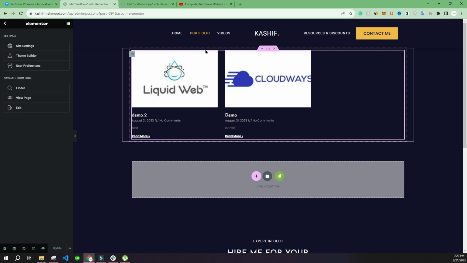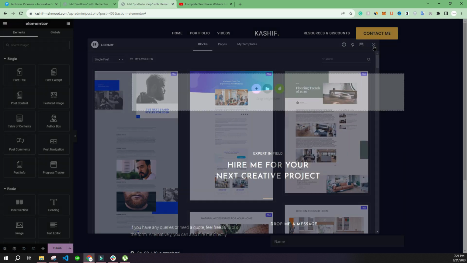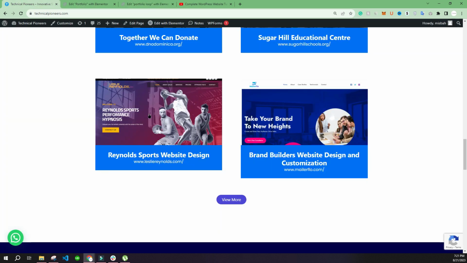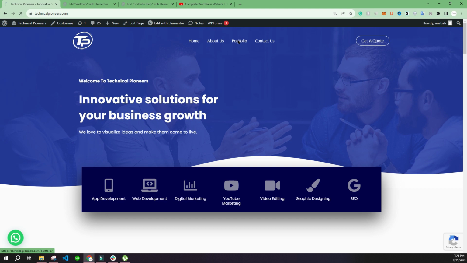Loop means this widget that you see over here where we have one featured image, title and date and description plus the button. So we will design this widget for one post and then we will be able to use the loops, and in that way we will see all the items listed on the portfolio page. So we will go to the loop and we will close this. So if we go here in the portfolio page,